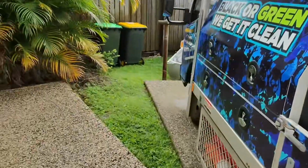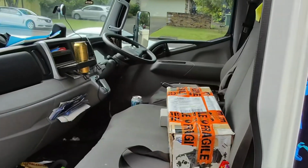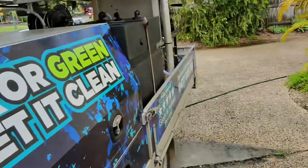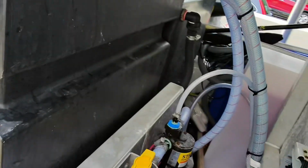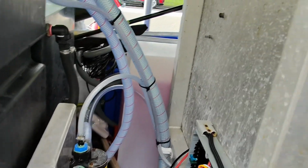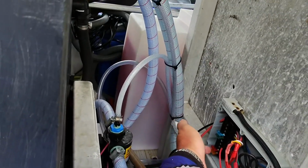I did bring a backup this morning, just in case, but I'm quite sure I knew it was an airlock because it's happened before. So now we can put everything back together. I can put the case back on that and close that back up, because we got 12 volt running down there and then 24